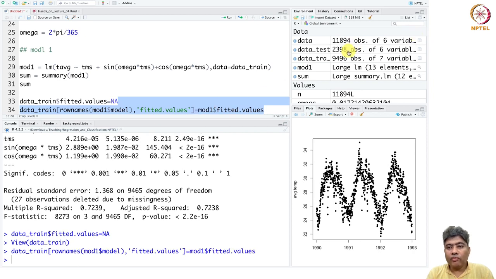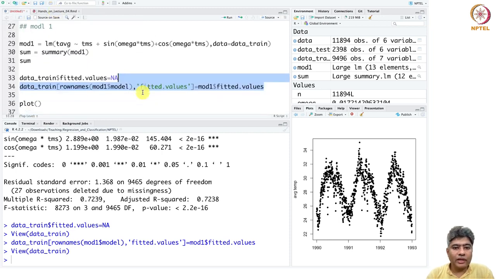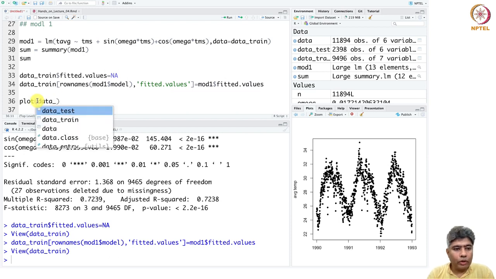So we have taken the fitted values from the model and put them in the train data set. We extracted those values, and so now we can plot the train data